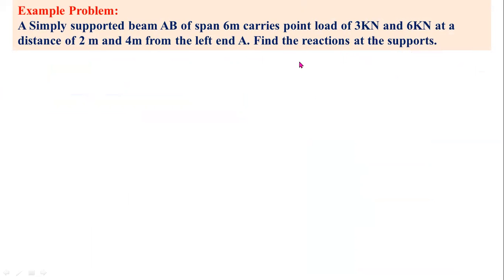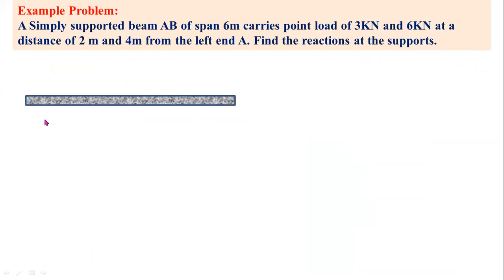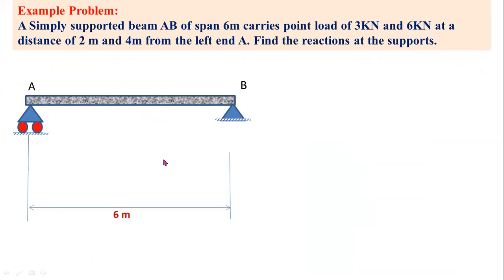From the given question, first of all, you have to identify the given values, and after that, you have to draw a diagram. Here the beam is a simply supported beam. So first of all, you have to consider a simply supported beam AB. Okay, so these are the two supports, A and B. AB is the length of the beam. Length of the beam equal to 6 meters.